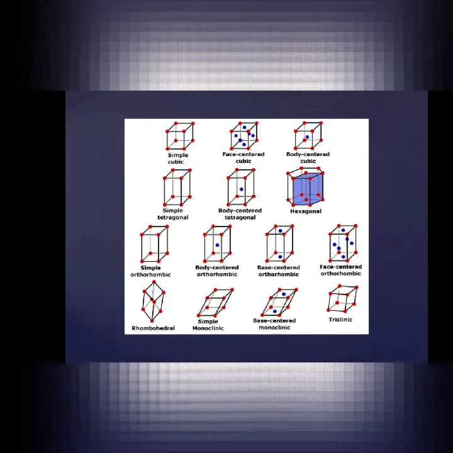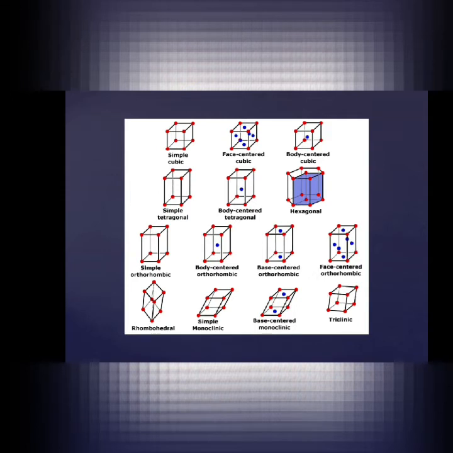Another important thing is Bravais lattices. According to the edge length and the interfacial angle, there are 7 types of unit cells. According to their atomic arrangement, there are 2 types of unit cell, that is primitive and centered. Now, by combining these two, there are 14 Bravais lattices. One main thing to keep in mind is that all atoms in the unit cell should have identical surroundings, and by combining all these factors there are 14 types of Bravais lattices available.